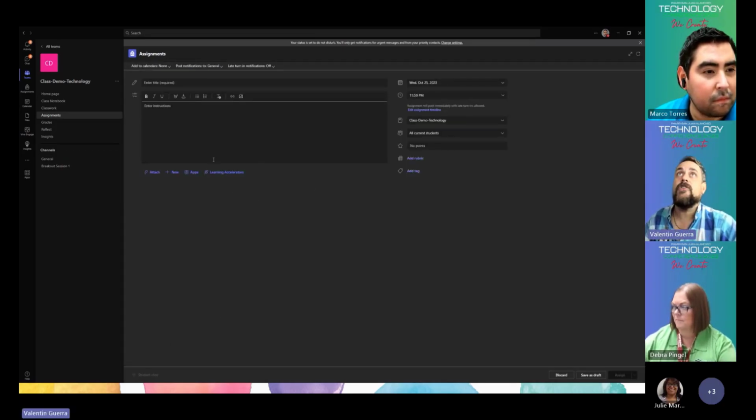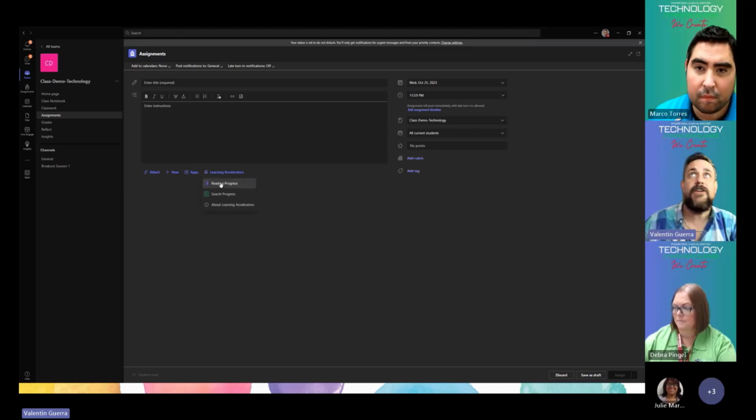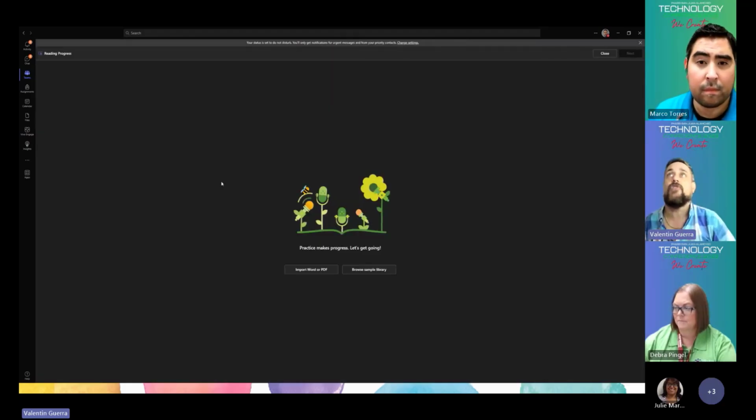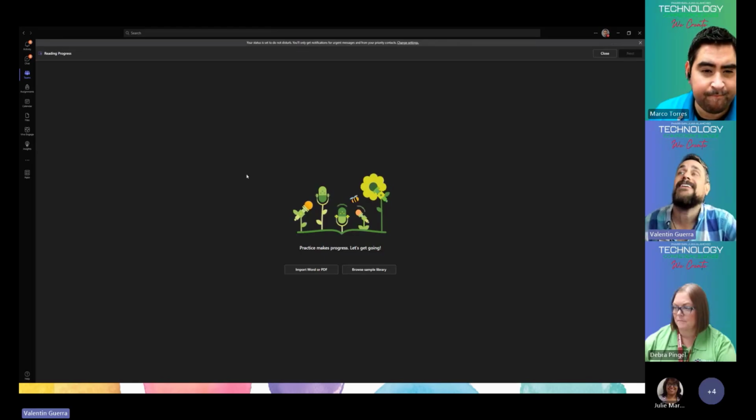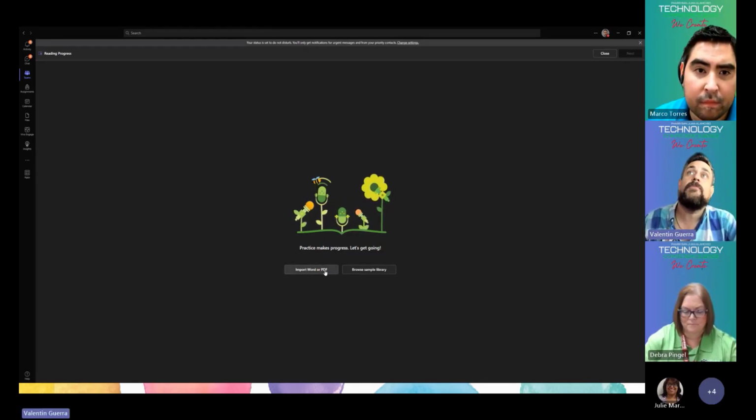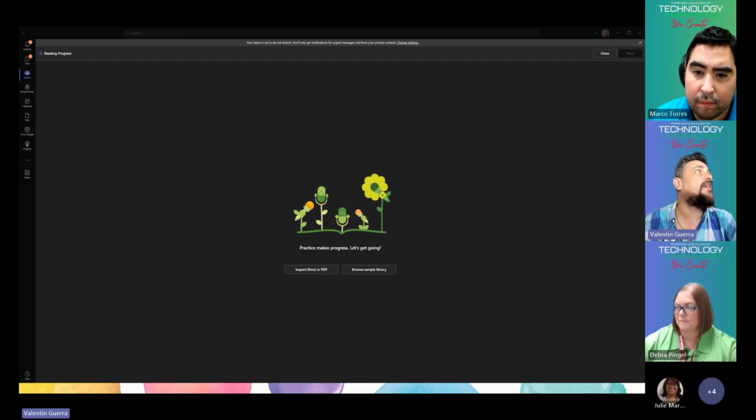Make sure that you remember, look at this right-hand side, Learning Accelerators. You can access them here through Attach, but it's almost easier, they created this Learning Accelerators tab right here. You will click on it, and you will go to add the Reading Progress Accelerator. I'm going to be importing from Word or PDF, but the first thing that I wanted to share is how it looks